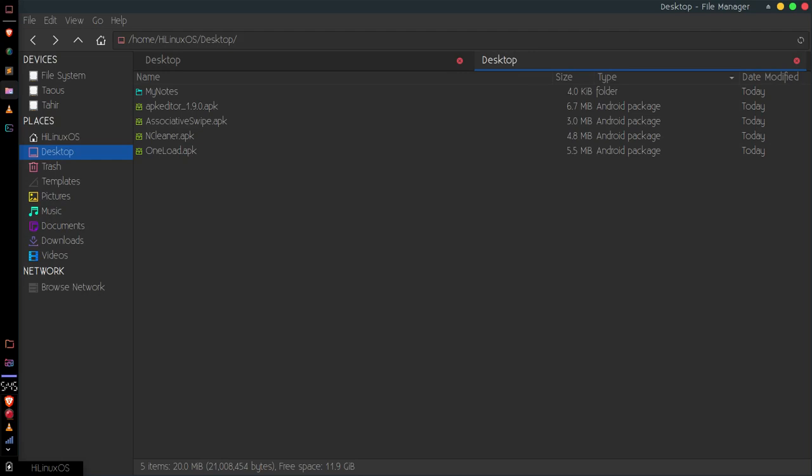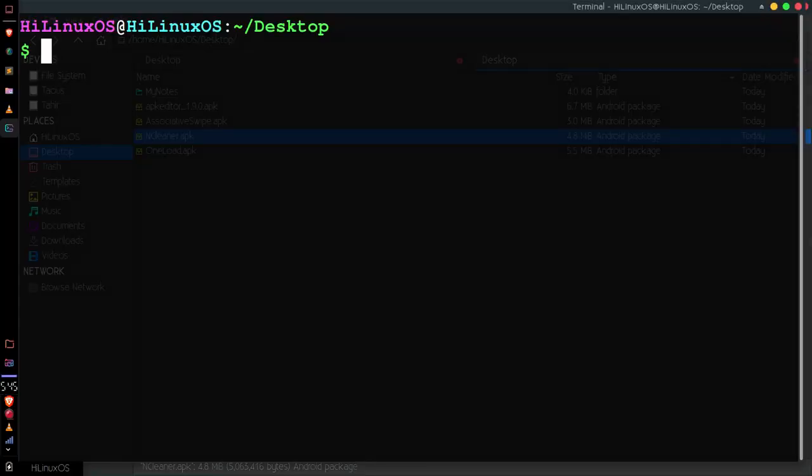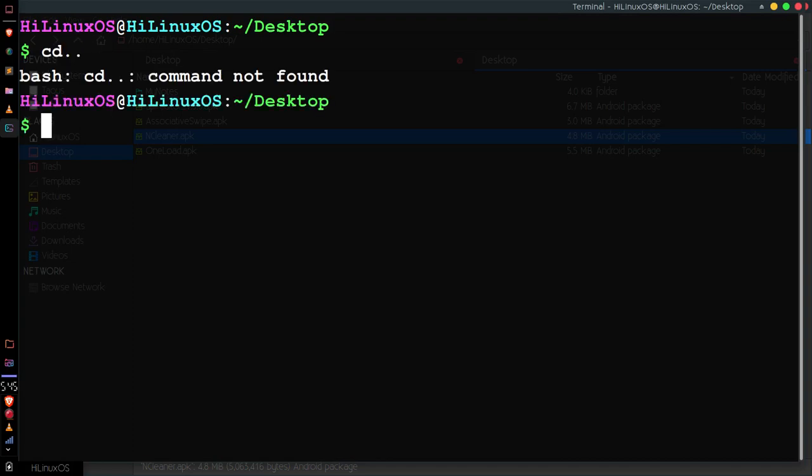Here you can see on my desktop I have this application. It's called NCleaner. So let's decompile this application. I am already on desktop. So if you are on main folder, you will have to go to desktop.